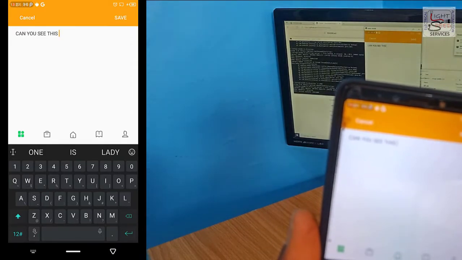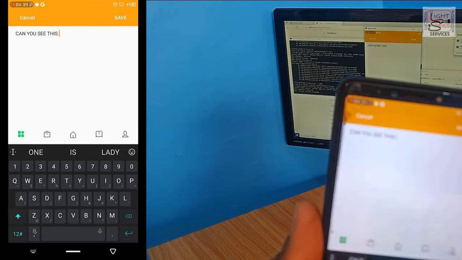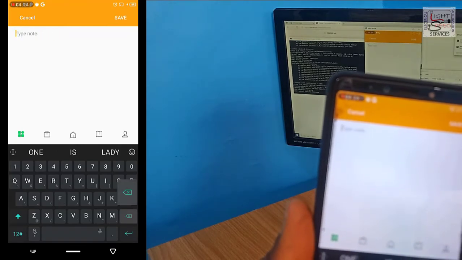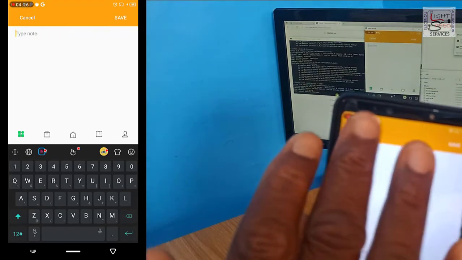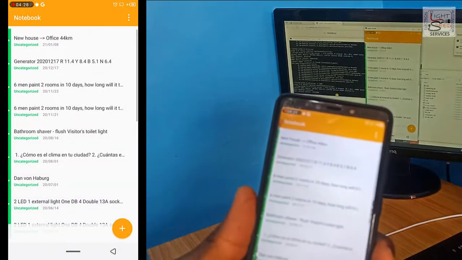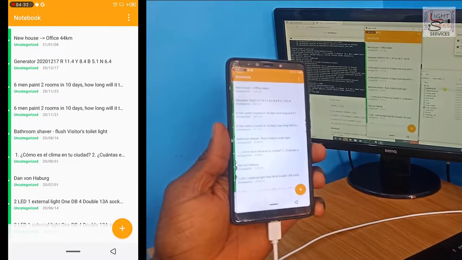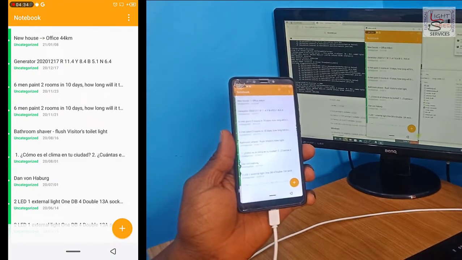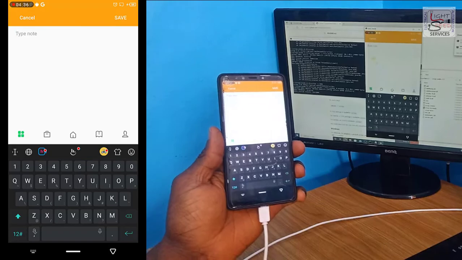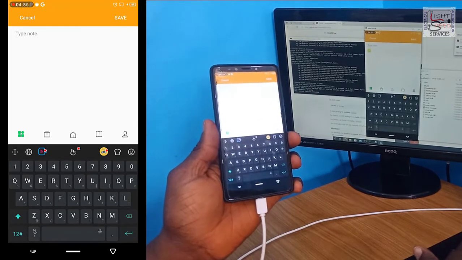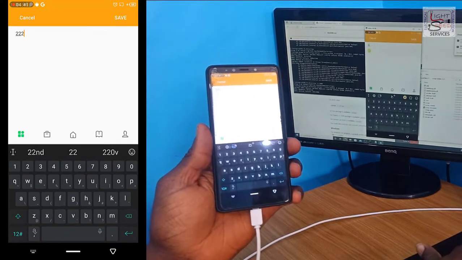Okay, anyway, apart from the person doing this being able to monitor what I'm doing, they are also able to control my phone from the laptop, as I'm going to show you now. So from the laptop, they can do whatever they want on my phone. I can't type with one hand, so I'm just going to type gibberish.